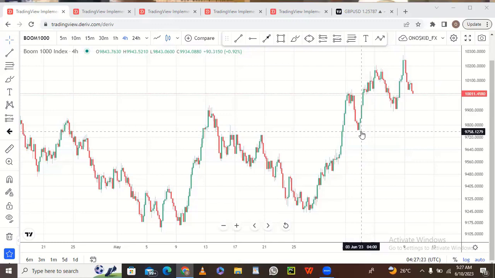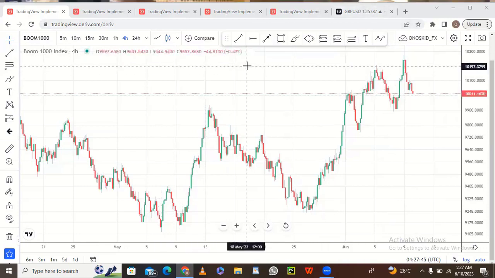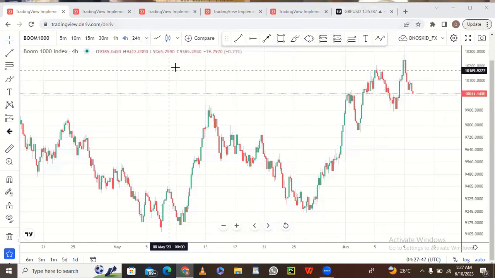So yesterday I had a busy schedule and could not actually focus on the charts. So what I did was I woke up very early in the morning to mark out my zones, and although I was able to pick out some trades, yesterday was Friday and I could not stay longer in the market, but I was still able to. So just to show you that I also trade